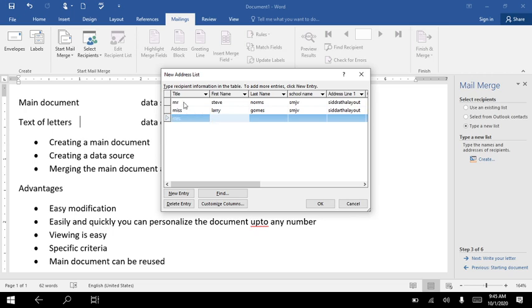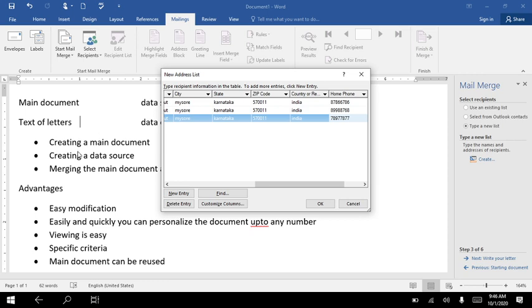Mrs. Mark Law, SMJV, Siddhartha layout, Mysore, Karnataka, India, okay, fine.